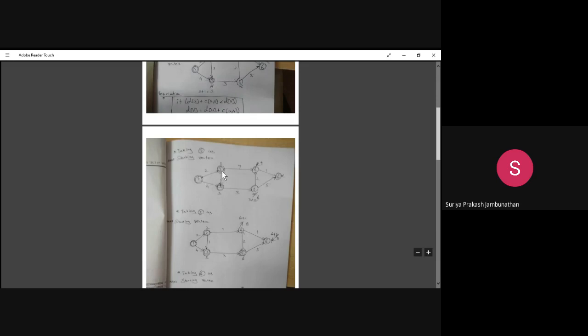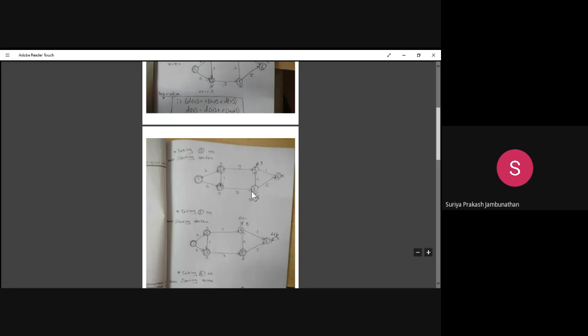Then after that you reach 2. So after that you are reaching 3. So from 3 you are reaching 5. So after 3, when you are taking the starting node as 3, which node can you travel to? That is only 5, not 4. So you have to consider only 5.